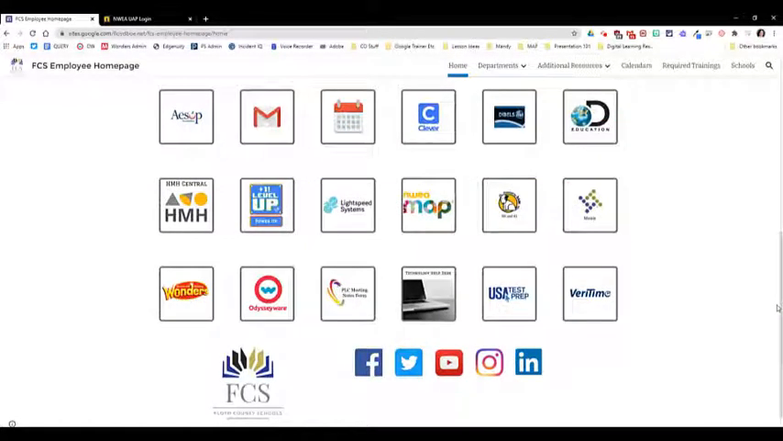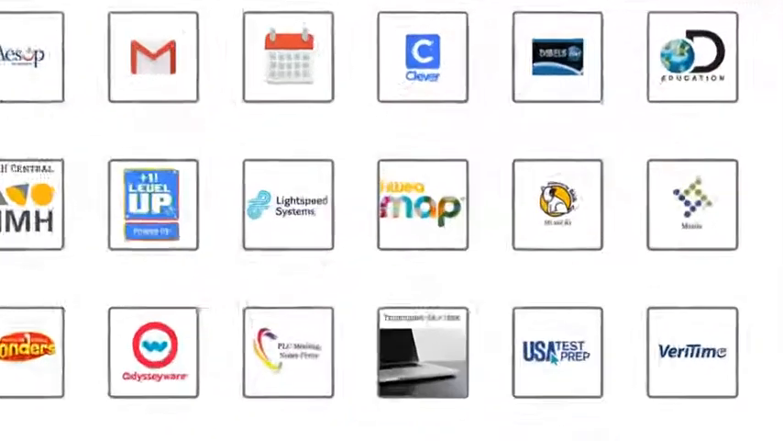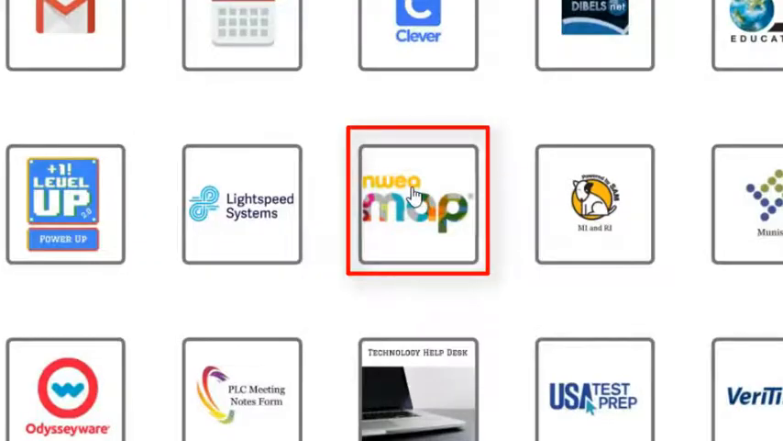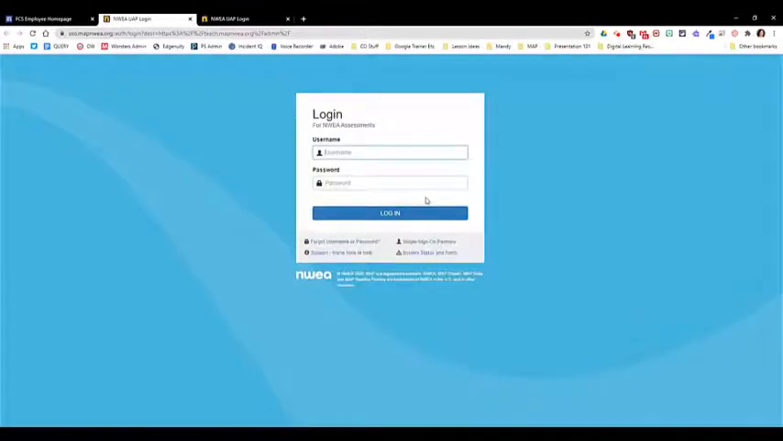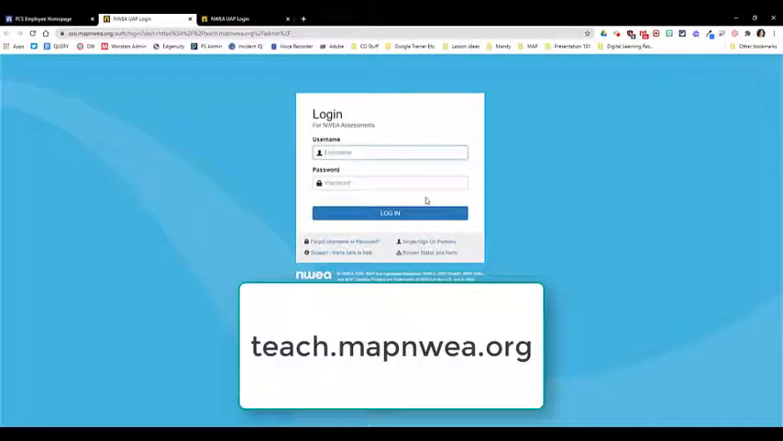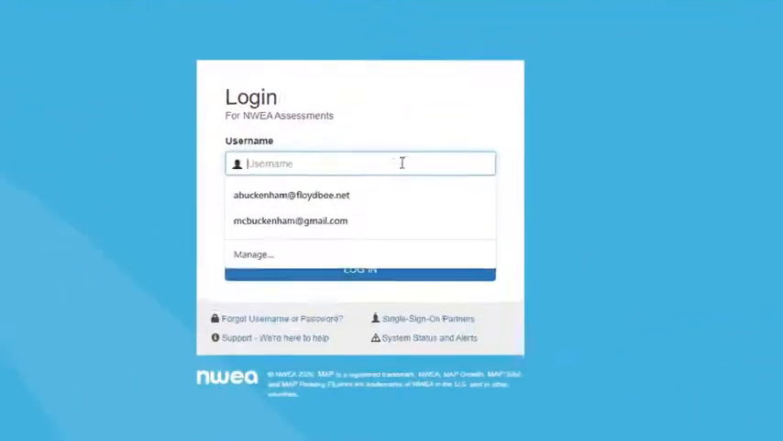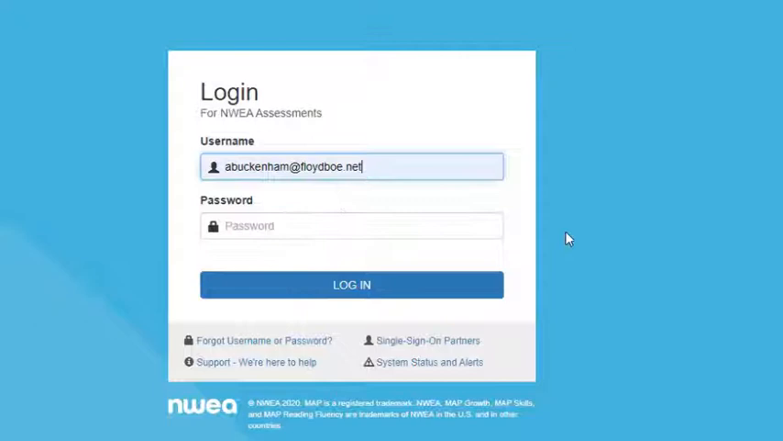Your first step is to navigate to the employee homepage and look for the NWEA MAP login icon. When you click on this, it will take you to the MAP login screen. You can also access this link by typing in teach.mapnwea.org. Your username is your FCS email address, and your password will be the same as the one you created